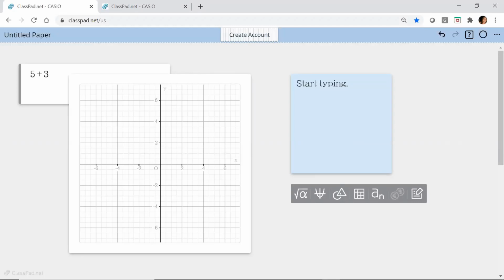So I'm trying to find my timer. I know I could actually use my phone. Or put the timer in the,